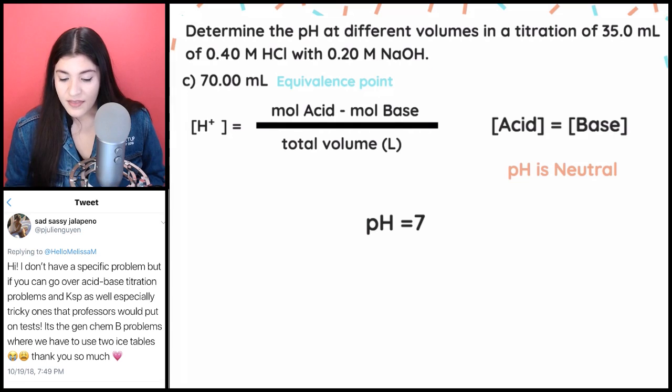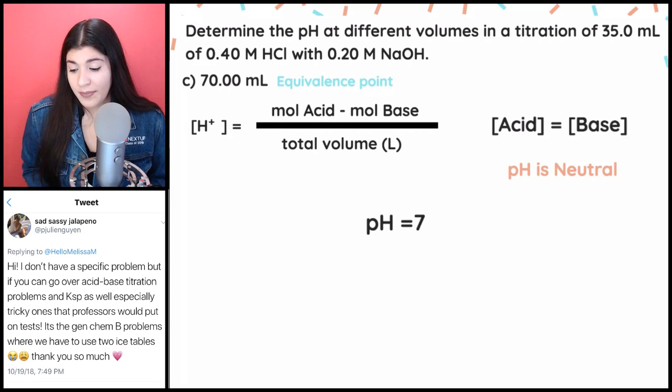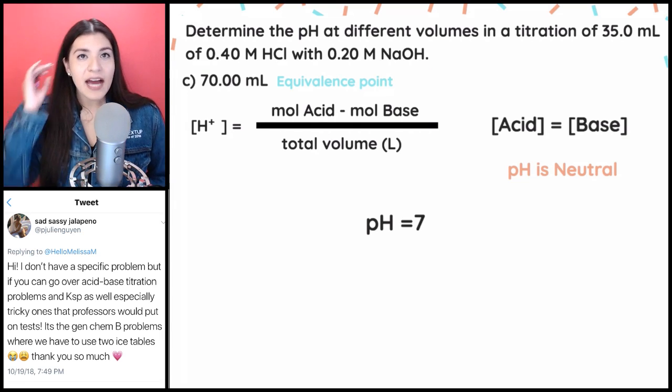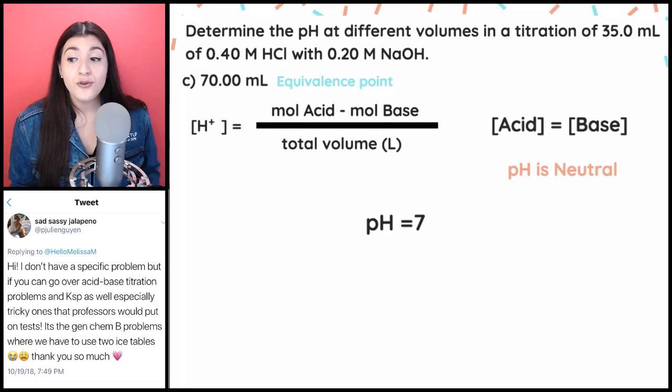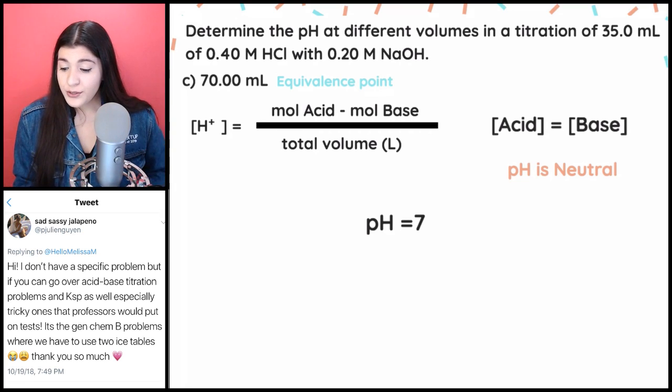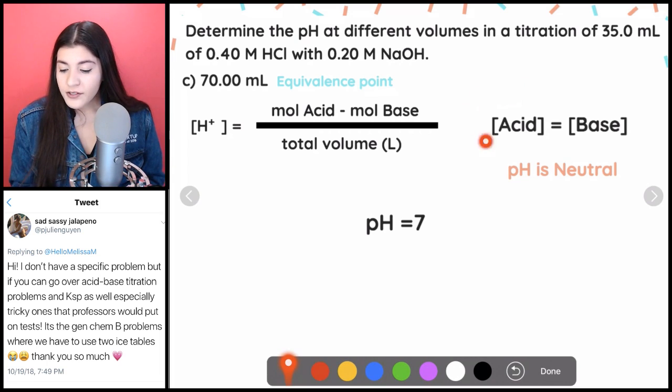the next one is actually at equivalence point. And remember we stated that at equivalence point, our pH will be neutral, just meaning that it's going to be neutralized, right? So we were talking about there where the concentration of our acid is the exact same thing as our concentration of our base. And when that happens, our pH is neutral and our pH is then 7. And that's really all you have to do.